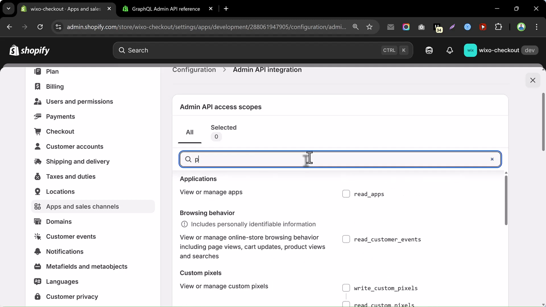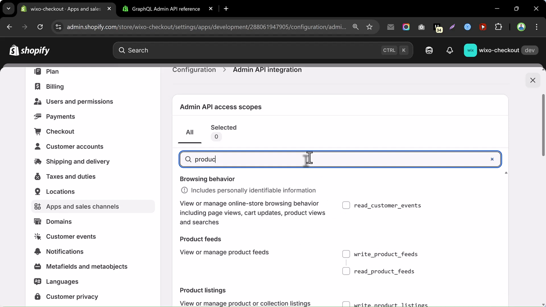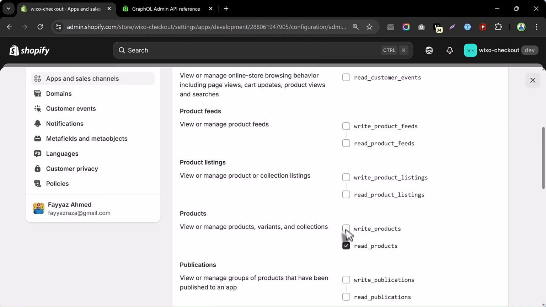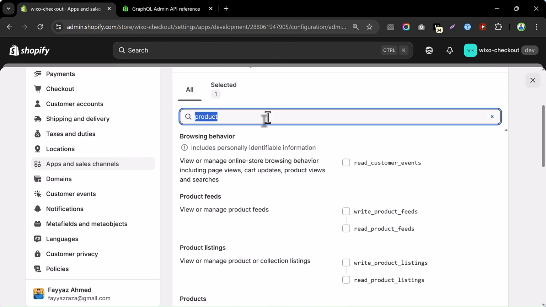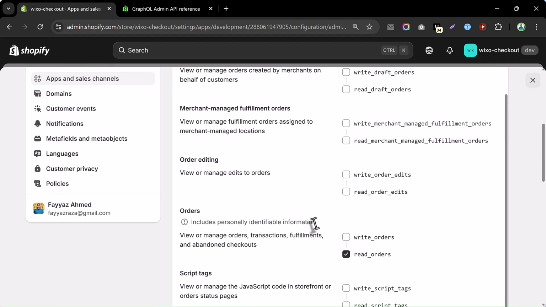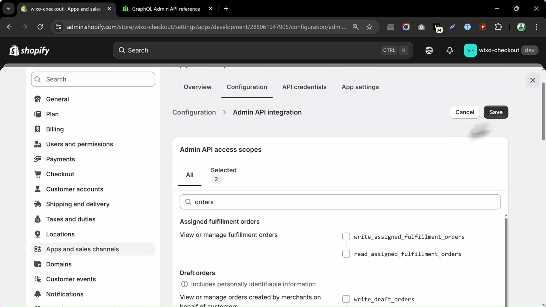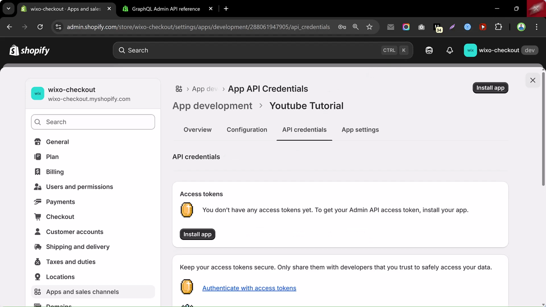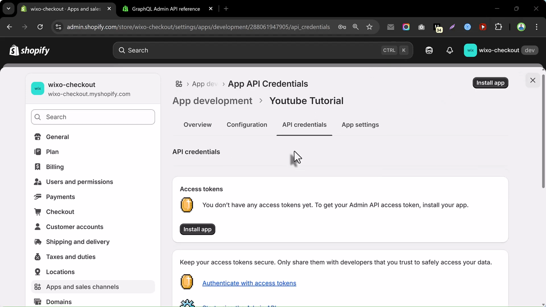In our case, we will select the products, and we can read products and we can write products. So right now we will only select read products, and similarly we will select orders and we will select the read orders, and then we will click on save, and configuration is saved. We get the message, and then we can go to the API credentials, and here you